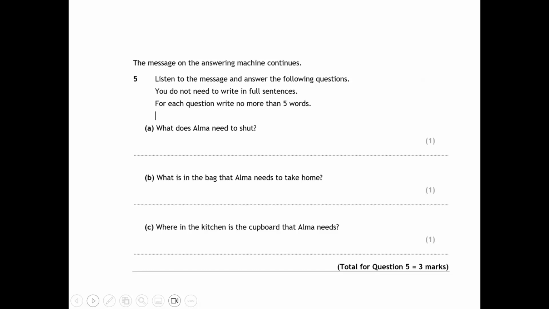Okay. And of course, for each of those, we need a concise answer. It's important for students to understand that they must write no more than 5 words, but actually quite often fewer than that. Under the sink is what you need, for example, for C to answer that question. We don't even need it is under the sink. So just a phrase that answers the question will give the mark. Okay, under the sink, beneath the sink. Okay, and then that's absolutely fine for an answer there.